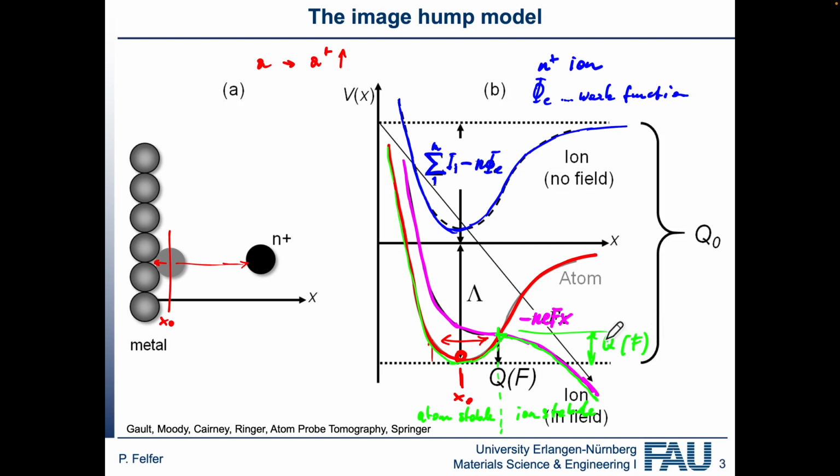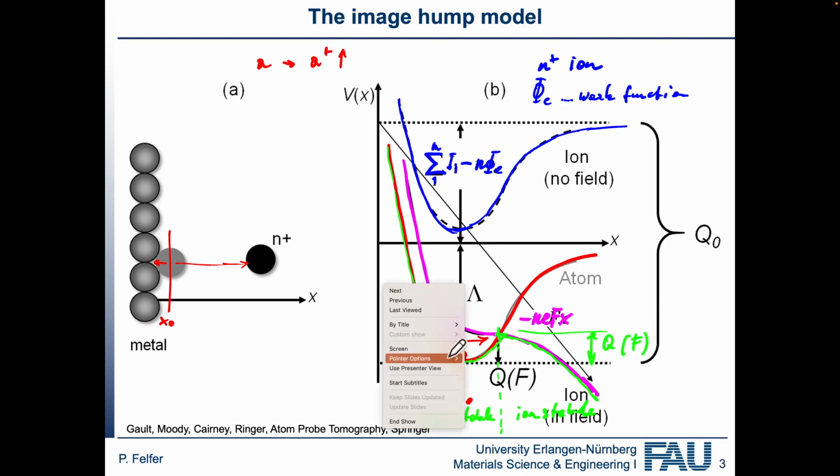And we can make the energy barrier 0 as well, which is not usually what we want, because then all of the atoms want to come off at the same time. So typically what we want is to still have some residual barrier. But of course it's dependent on field, and typically if we have atom probe tomography or any kind of